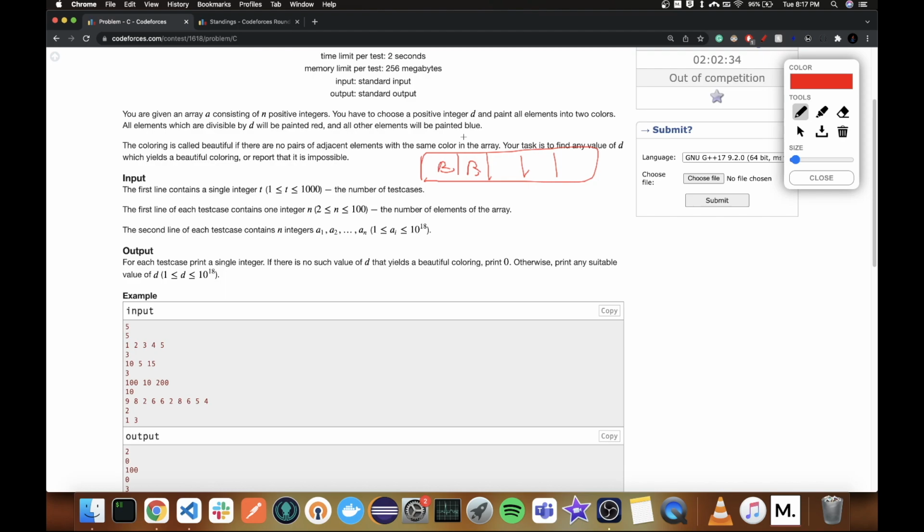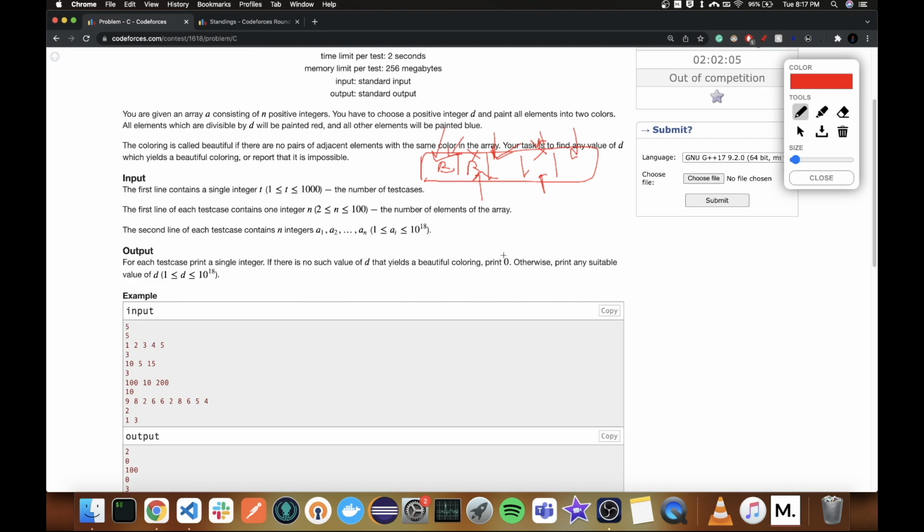We want one to be divisible, one to not be, one to be, one to not be. And what will divide this and everything? The GCD. But we also have to make sure it doesn't divide this and this. Okay. And print 0